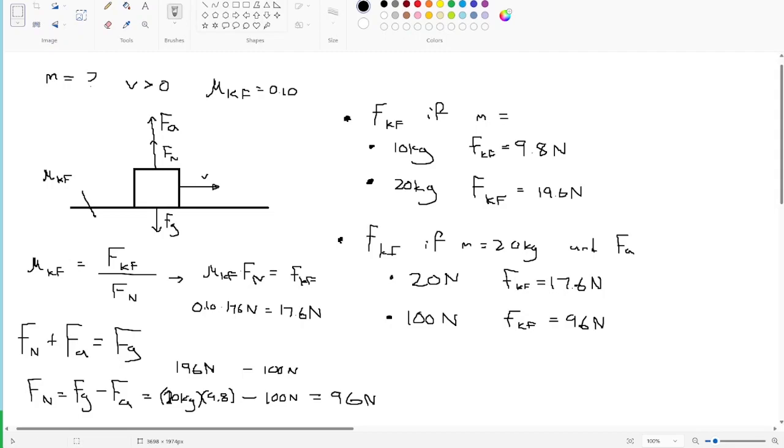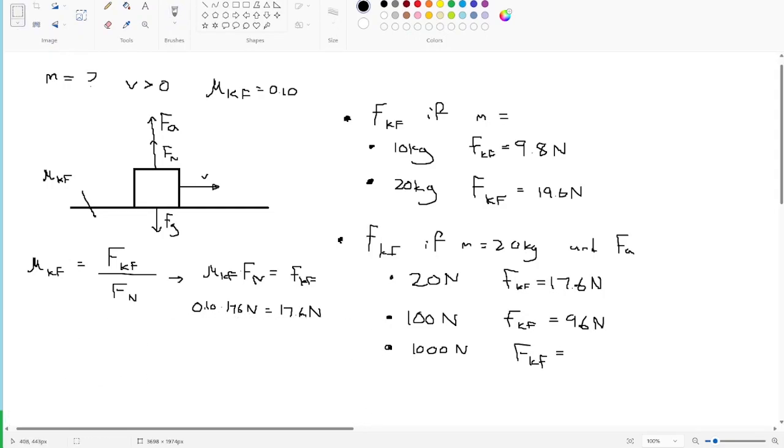All right, one last one. What if we apply 1,000 newtons of force? What is the force of kinetic friction then? Okay, let me clear out a lot of these. Okay, so μ_k times force normal is equal to force of kinetic friction. So force normal is going to be equal to force of gravity minus force applied,